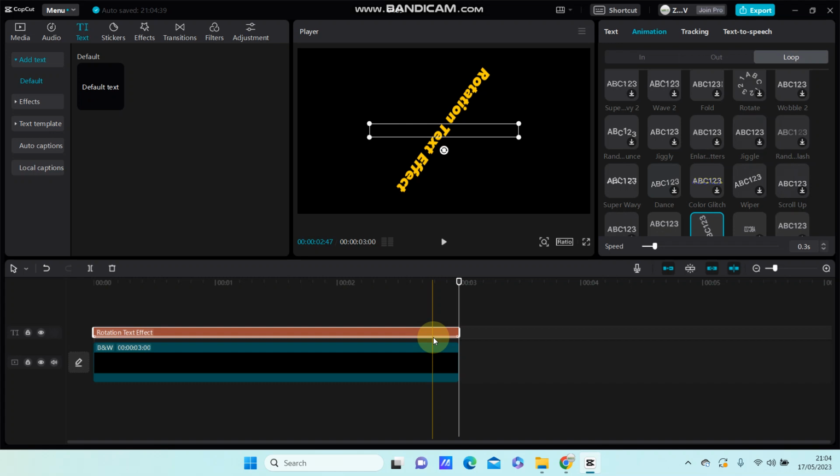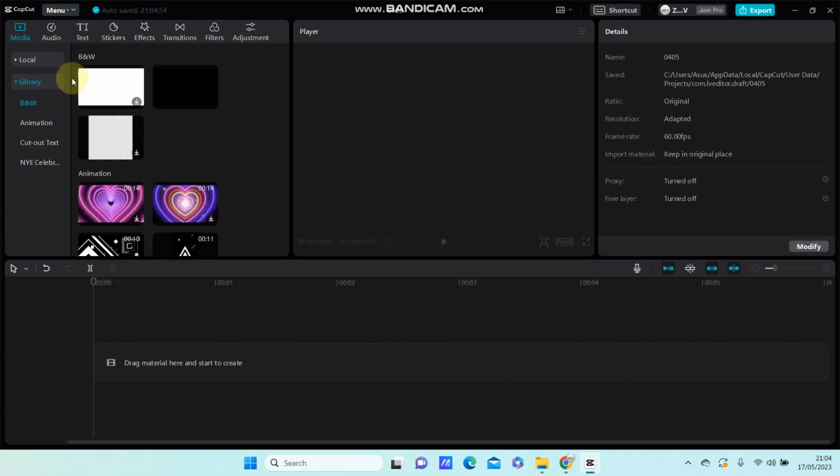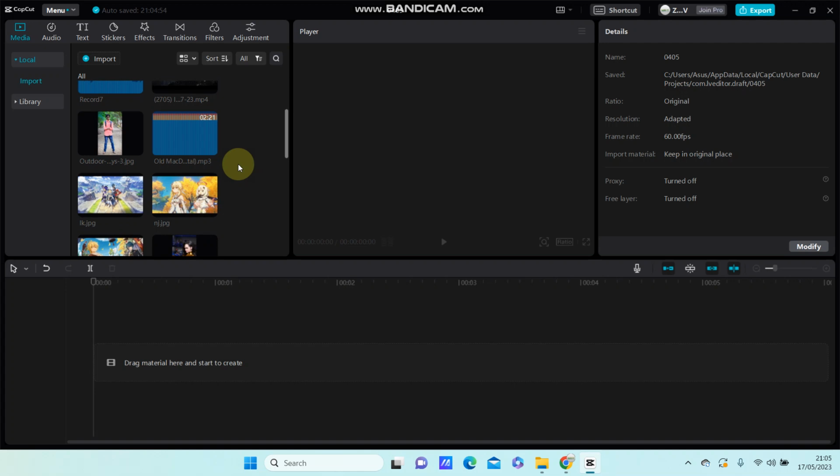Hello everyone, in this video I'm going to show you how you can add the pulse enlargement effect to your clip in CapCut PC so easily. So for instance, I am going to select media and local, import your videos or photo, select edit, and